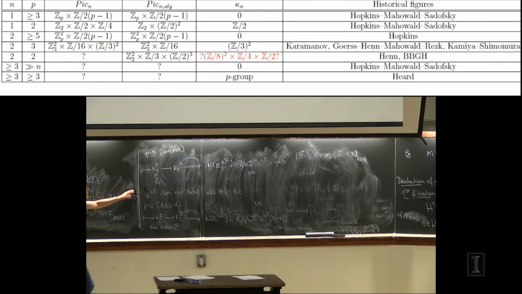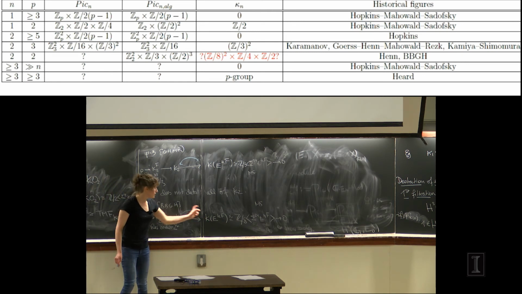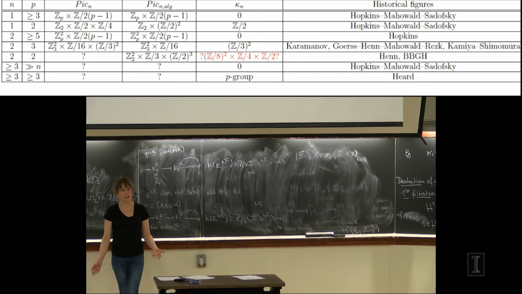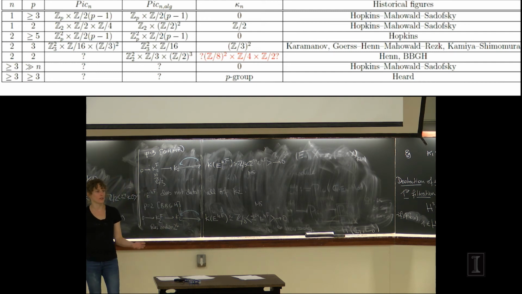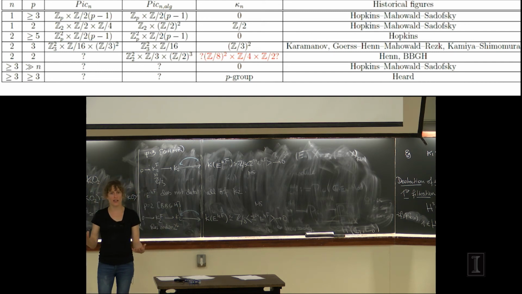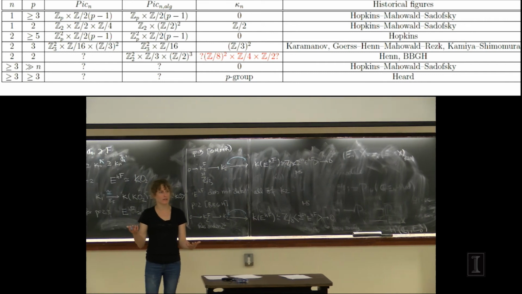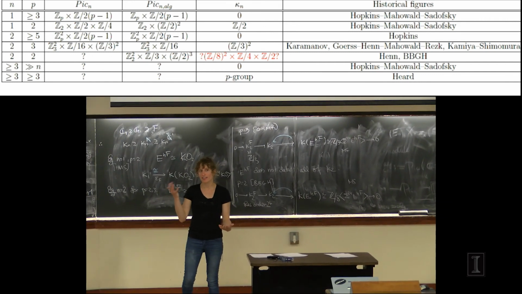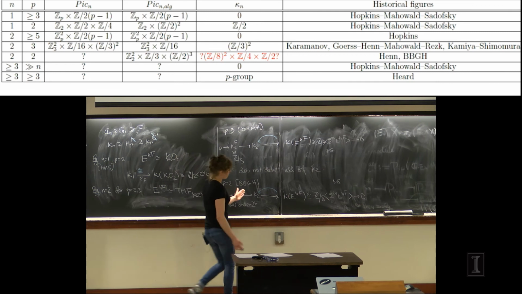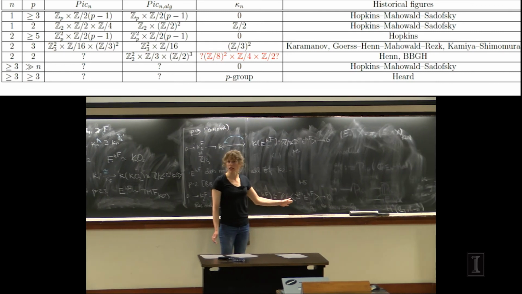And so this is, I mean, at the prime 3, they have a lot of control over the situation. At the prime 2, the part that was supposed to be about Gross-Hopkins duality is that to get that this map is surjective, the strategy for surjectivity is you look at the Gross-Hopkins dual of the sphere. This thing might be twisted by an element of the Picard group. And that thing that's twisting it maps to a generator here, OK?